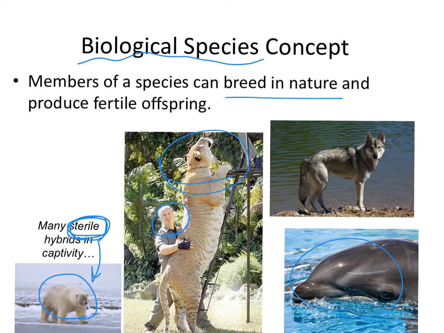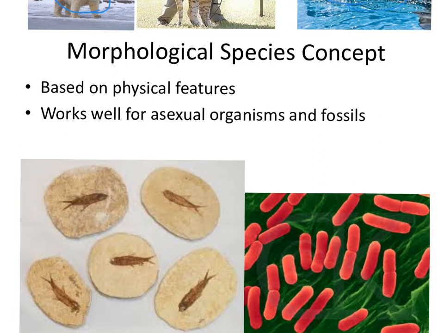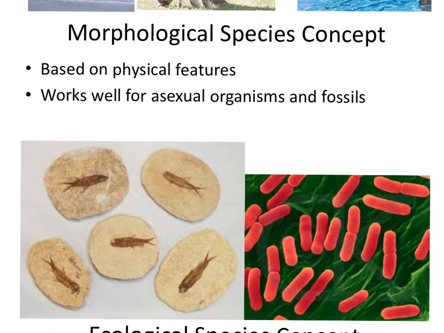But this definition, like I mentioned, isn't really great because let's say we've got a T-Rex and a Brontosaurus. How do I know if they could mate? They're both totally dead, totally extinct. So I don't know, maybe they could mate. So just that one definition isn't really good enough for biologists.